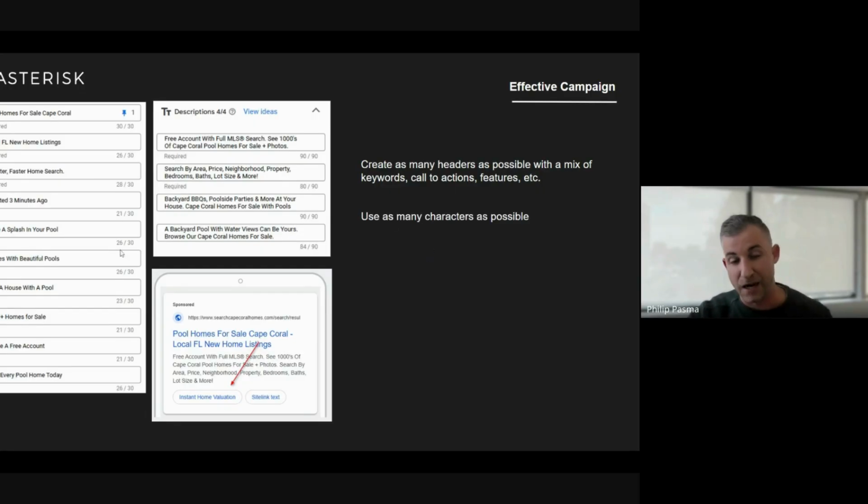You want to use as many characters as possible, so you take as much real estate as possible with your ad copy. You want to use a mixture of what are called ad assets: there are callouts, site link extensions, and phone, so your phone number. There are all these different options that you can use to enhance your ad. A lot of people just stop with headers and descriptions. But if you can use these additional things, you will be in a much, much better position